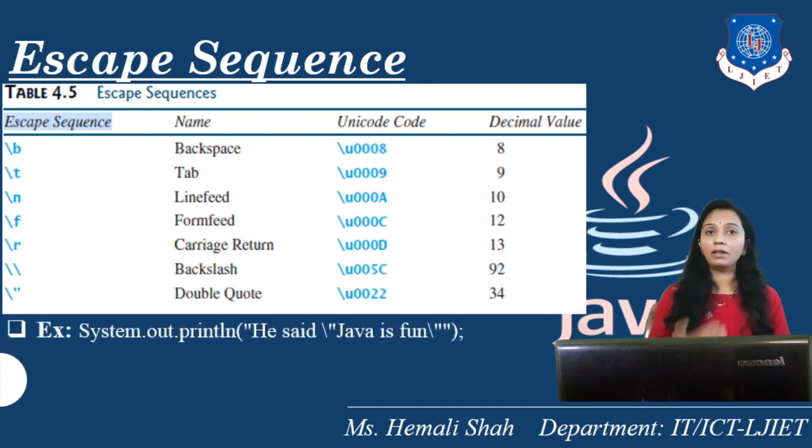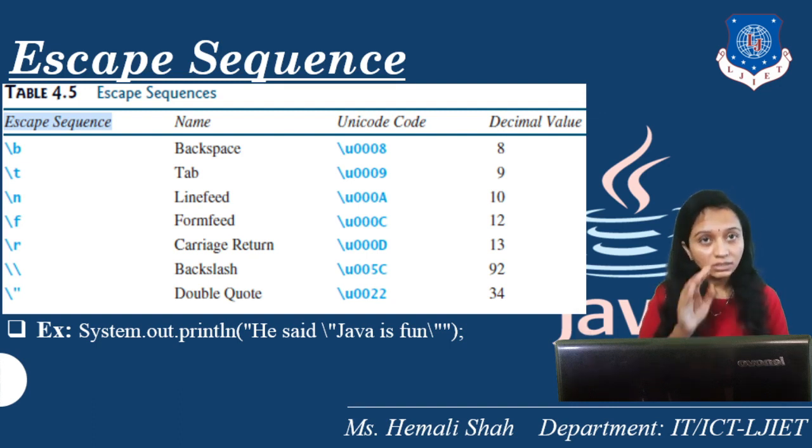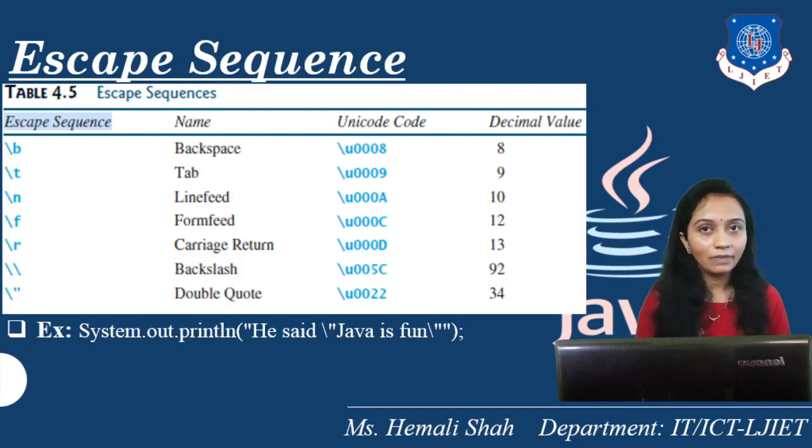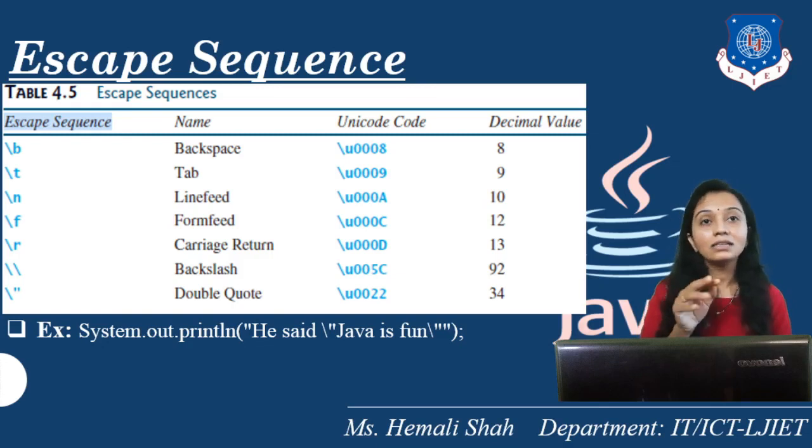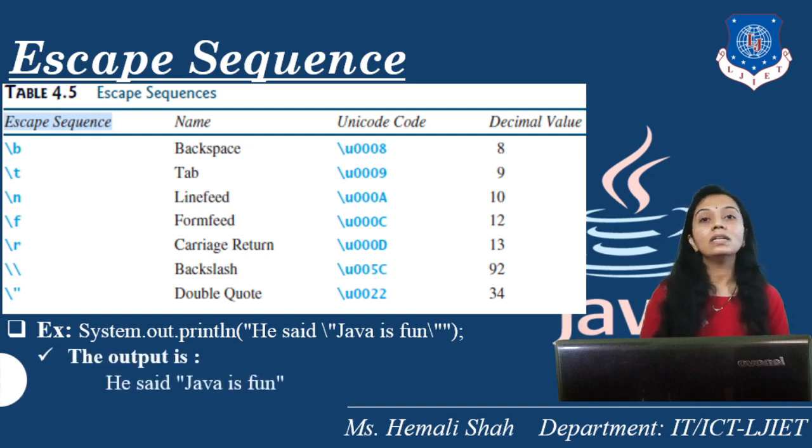And say, for example, where you should use it: someone tells you that he said Java is fun, and I want to print this Java is fun in double quotes. So can you write the double quotes without slashes? If you use it without slashes, it will generate a compile time error. So you just need to use the backslash and then the double quotes to print the double quotes as an output like this. So this will actually generate the output Java is fun in double quotes, right? So this particular escape sequence we are using.